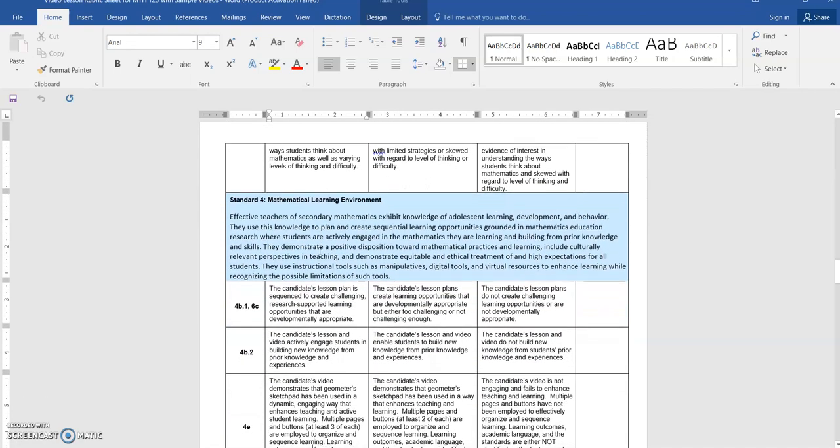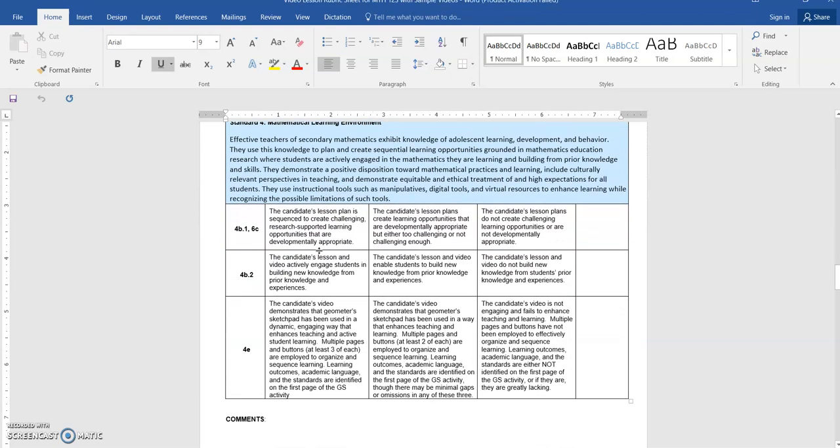Okay, for Standard 4, and you'll notice I incorporated a little bit of 6 again here because there was some overlap in the elements. Standard 4 deals with the mathematical learning environment. And what I'll be looking for is that your lesson plan is sequenced to create challenging, research-supported learning opportunities that are developmentally appropriate. The research-based reflection that you use, where you justify